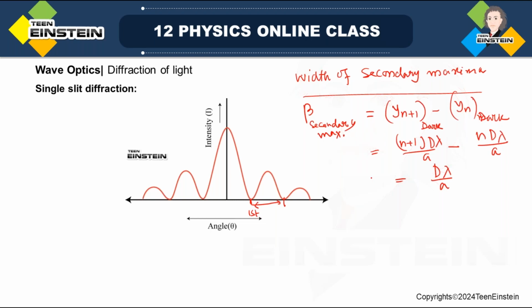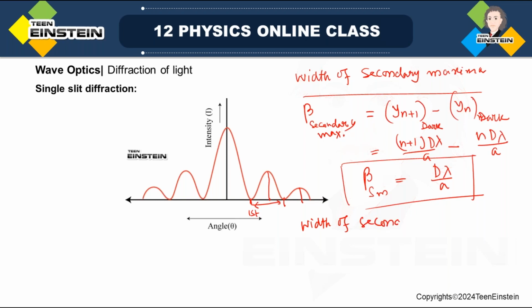So this beta, beta secondary maxima, sm, is d lambda by a. All right, for minima what will happen? See, if I just want to get for minima, this is the position for this and this, so in between there will be minima, right? So I can get the width of secondary minima,